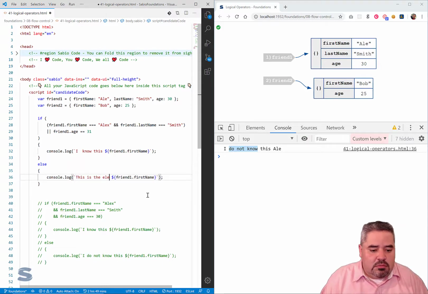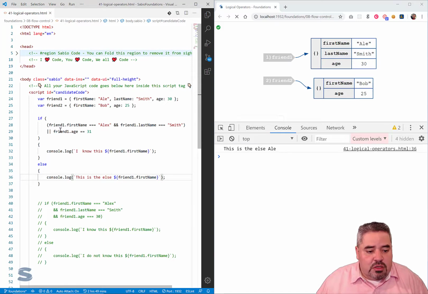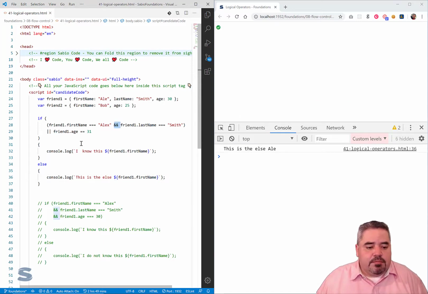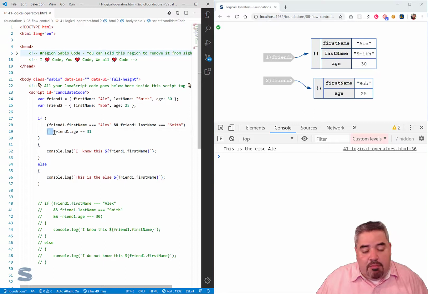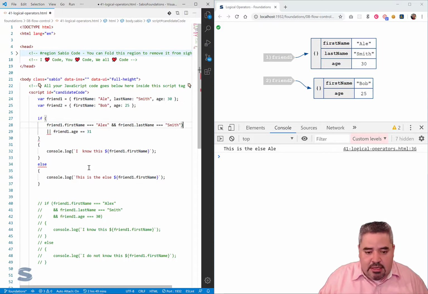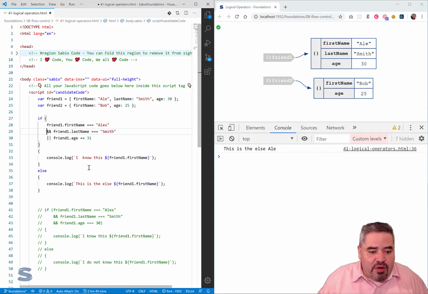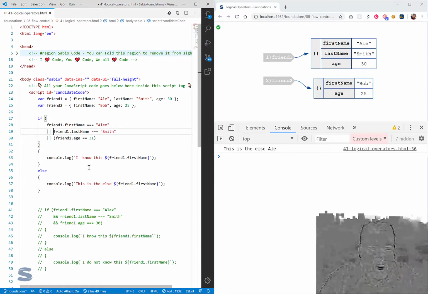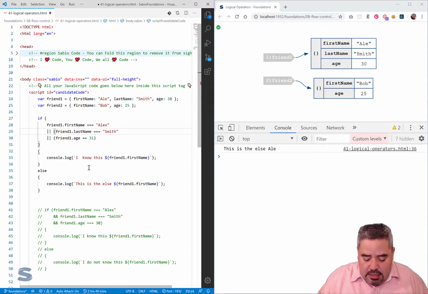This is the else. All right, so there's the else. So here's the ampersand and combined with the or. I can do, again, I can do as many different combinations as I like. Very important. Make sure that as you get these more and more complicated, you might want to put parentheses around these expressions, just to clarify what your thought process